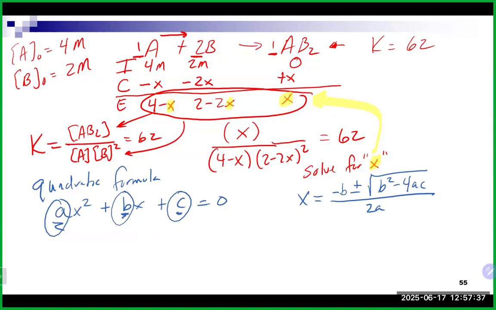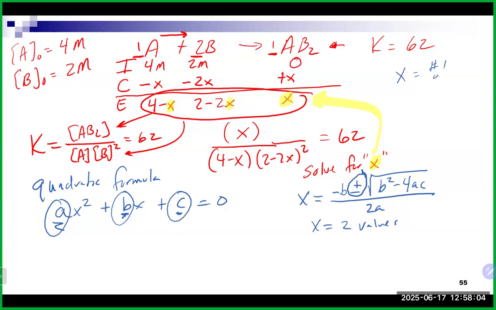If you've done the quadratic before, you will know you get how many x values? You get 2 x values, right? And that's because you do this plus one way, and then you come back and do it minusing, right? The plus or minus, basically, that's what it means. When you get 2 x values,